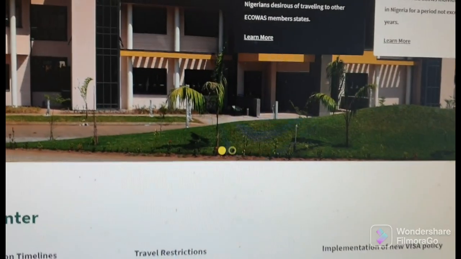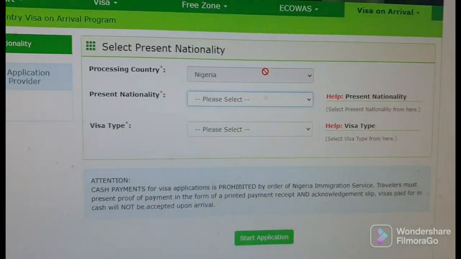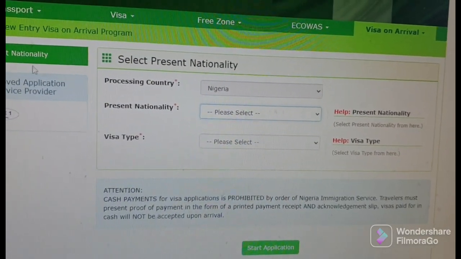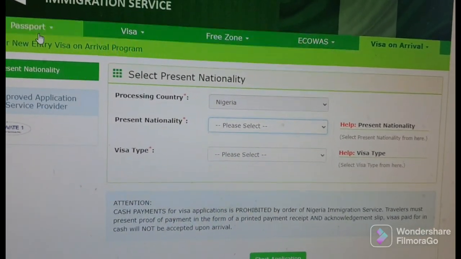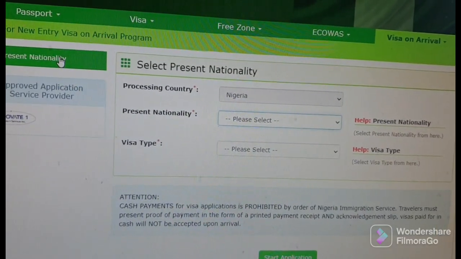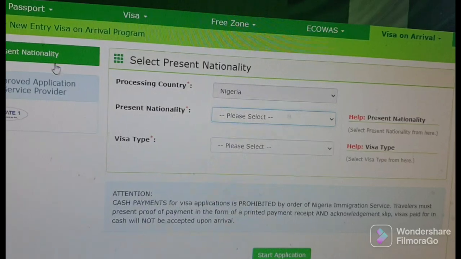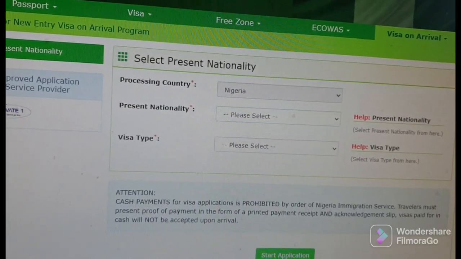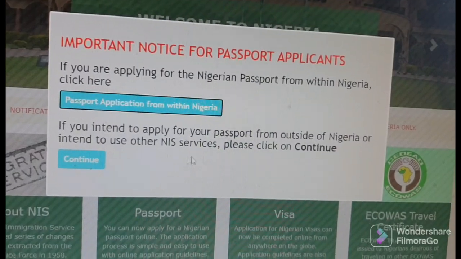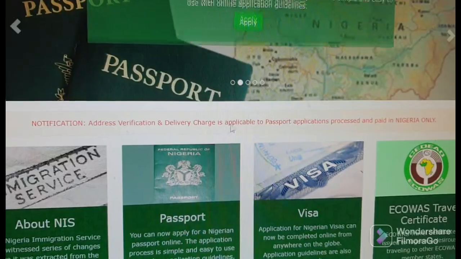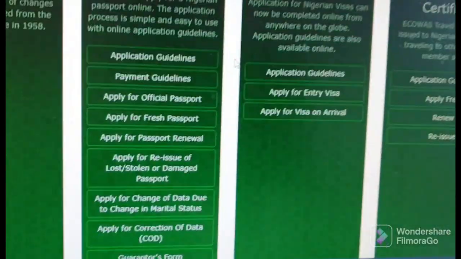If you want to check the status of your application, that is of the visa on arrival that you have done, you go to the Nigerian immigration website, this one, and then you go to